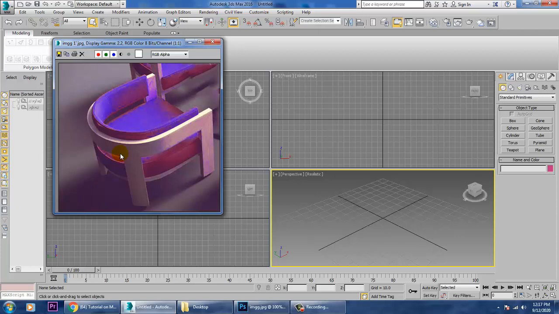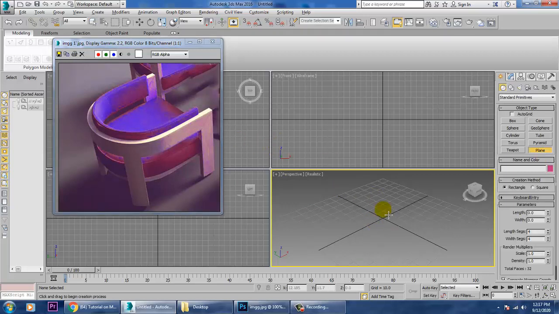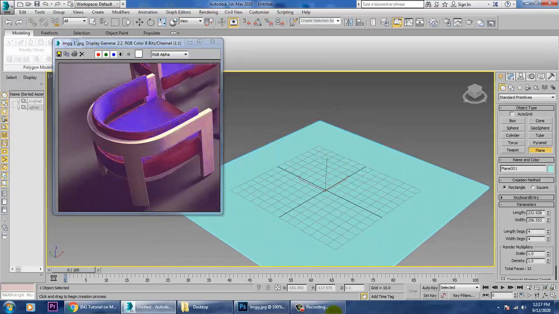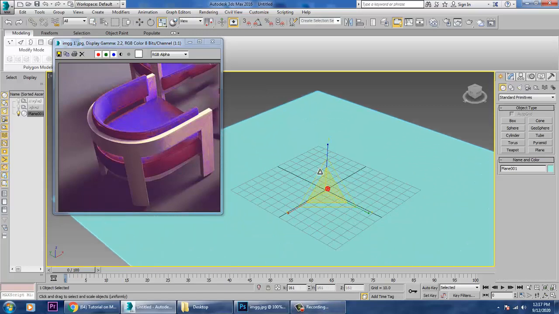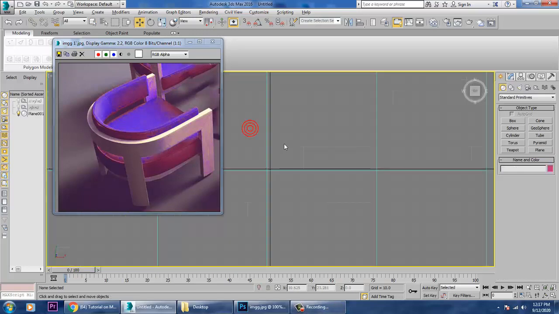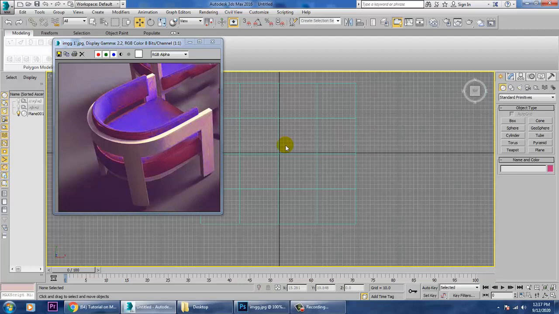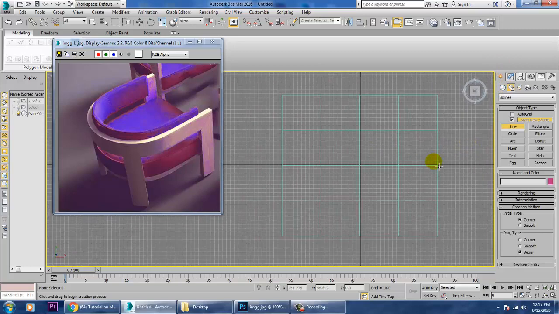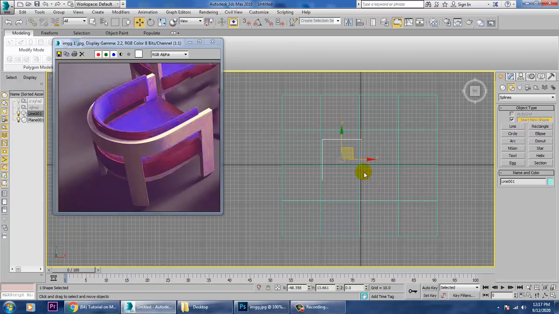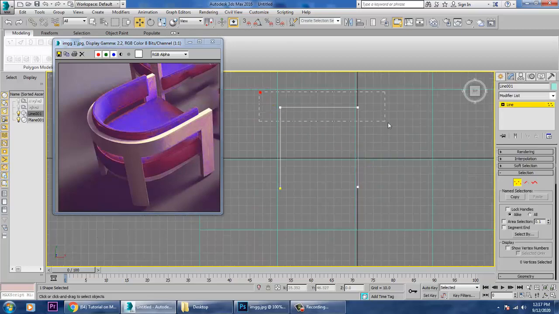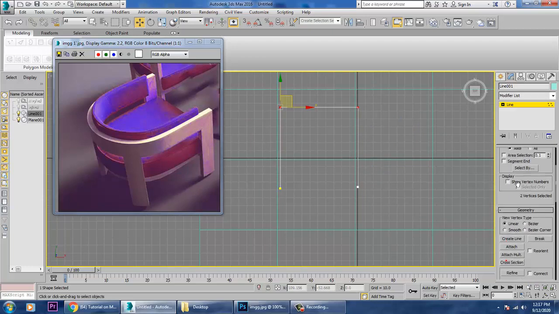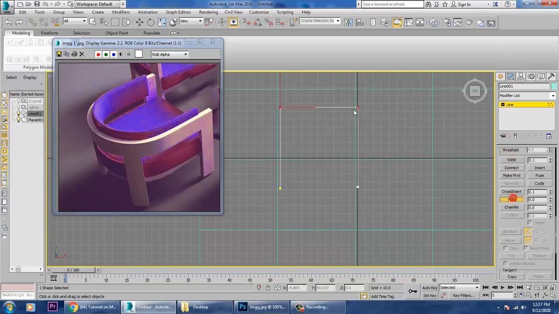So very first of all, what we'll be doing is, let's take a plane over here. So we'll be modeling it and we'll be giving some basic textures on it. After that, let's go on top of it and let's take a line tool over here. So let's take a line over here. So after taking a line over here, let's select this top anchor points and let's give a fillet to it.